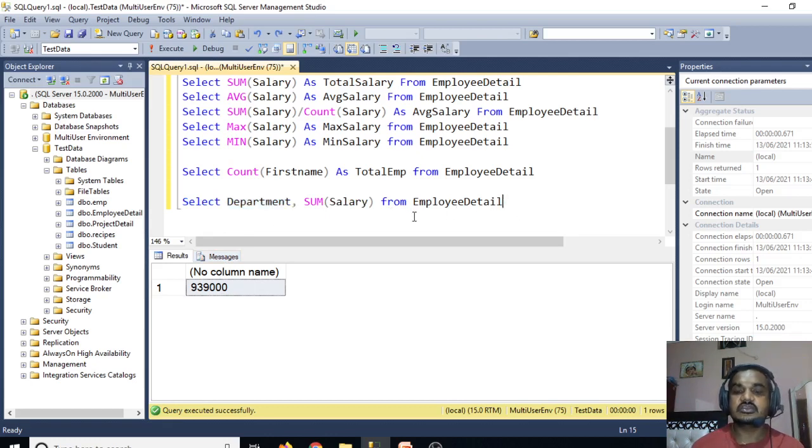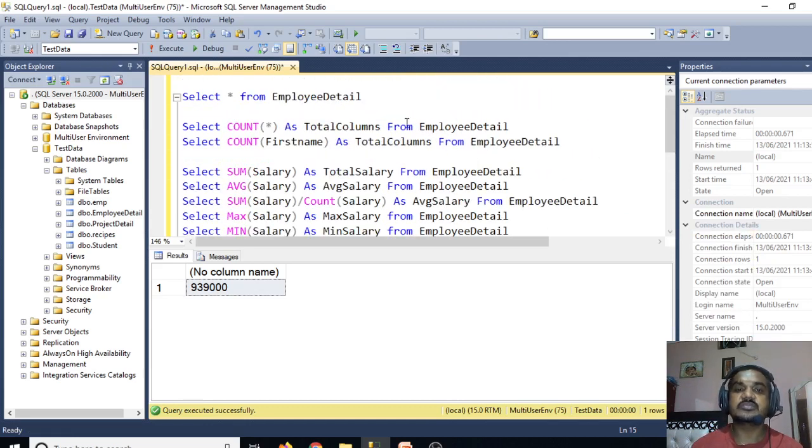Okay, now what we are going to do, we have to write the group by clause over here, group by department, so that it will group the result, the sum of salary, department wise.